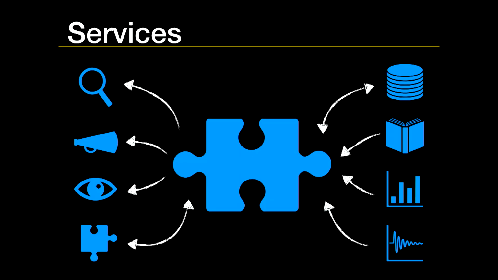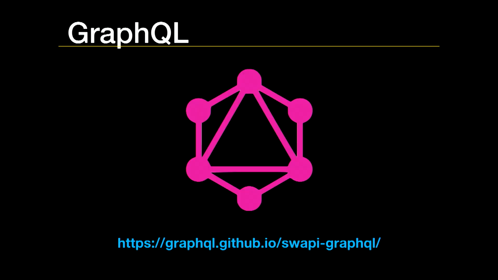So we've got some data we want to show to the world. How do we describe that data in a way that consumers can easily understand? Not only what's available, but also the relationships between the elements of our data set. And enter GraphQL. I don't think I can do a better job at telling you why you should use GraphQL